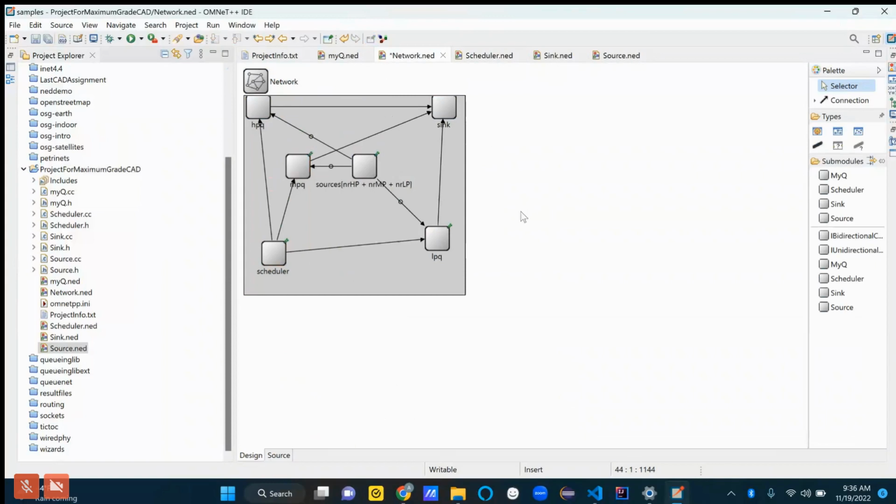Okay. Then, well, we'll have to look at the code to verify this, but what it seems like we're saying is the only way that any of these queues are going to discharge any of their messages to the sink is when they get a message from the scheduler, right?